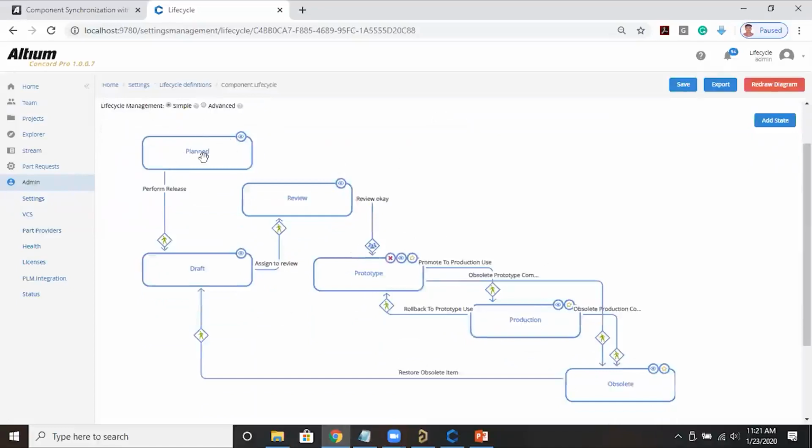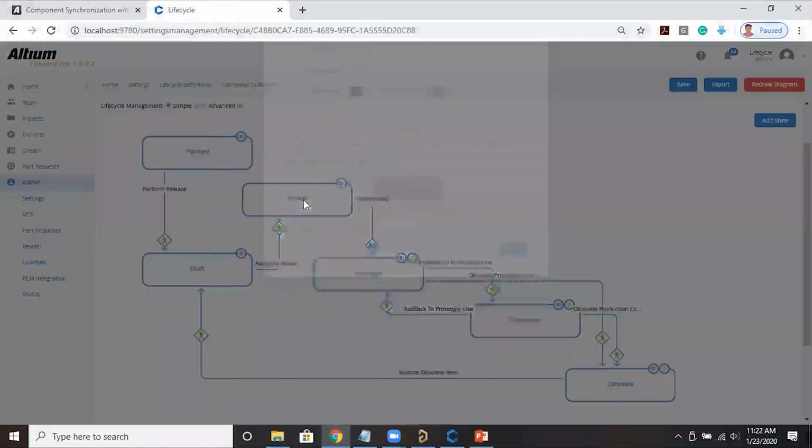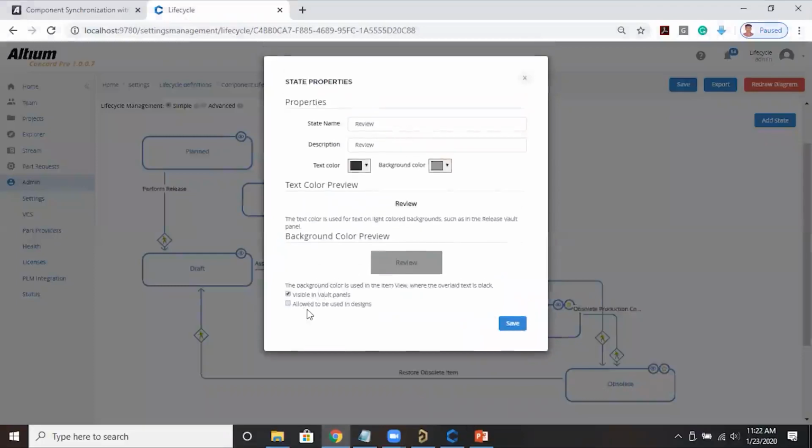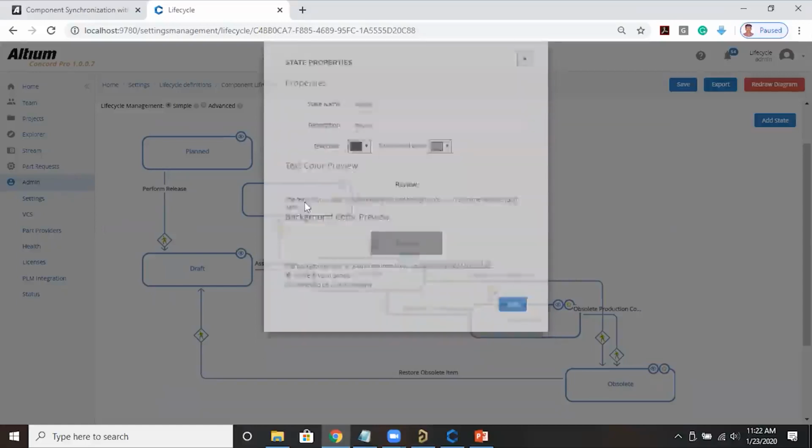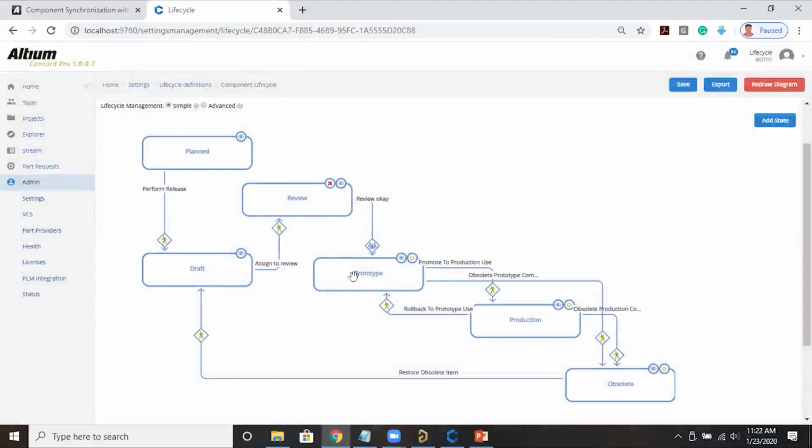So this is a component life cycle, like from plan to draft, draft to review, review to proto. So here, suppose if the component is in review mode, whether we are allowing the engineer to use the component or not, that we can control. So since it is in review, I'm not allowing this to be used in designs. In some companies, we will allow it. Later, he can update the component if it is urgent. In an urgent case, we can allow that, right? That can be controlled. And who can change the state from review to proto?